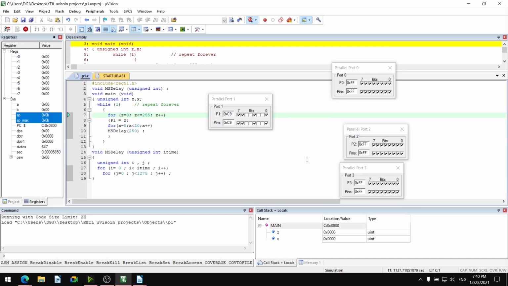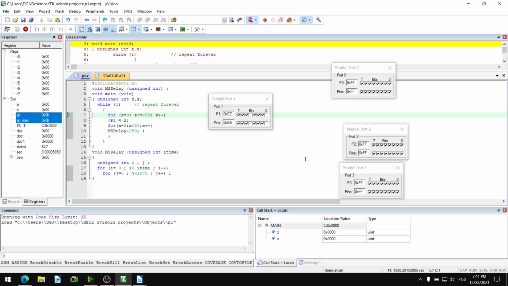C is 1100, it is 12, then 13, 14, 15. Three numbers are remaining. D0, D1, D2, D3, D4, D5, D6, D7, D8, D9, DA, DB, DC, DD, DE, DF, and E0. After E there will be F, and after F, all will become 0.